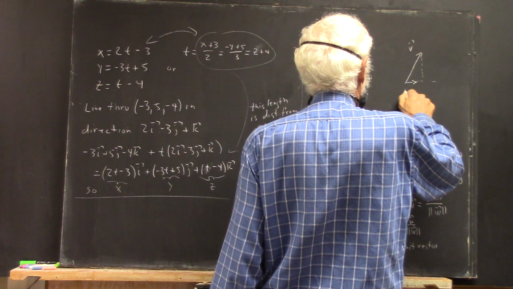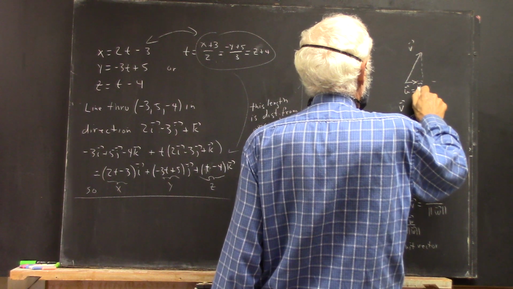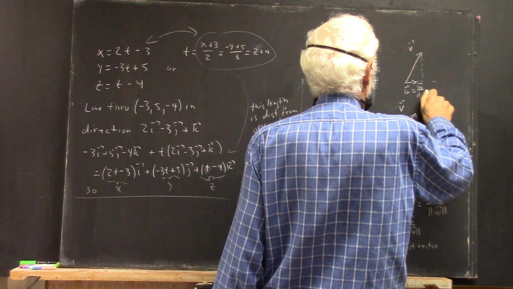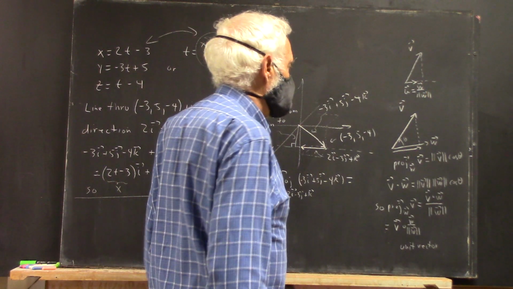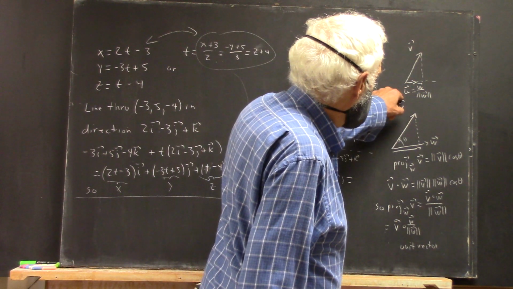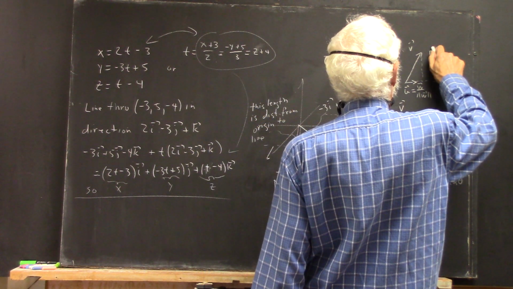So let this be unit vector u, we'll use u for unit. And that's just w over the magnitude of w. And the projection,